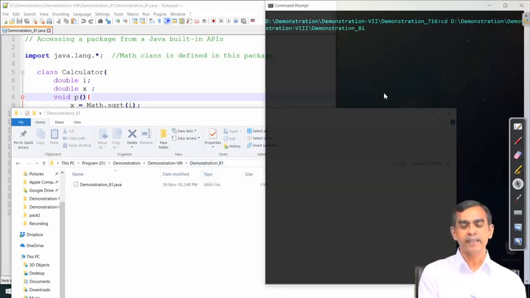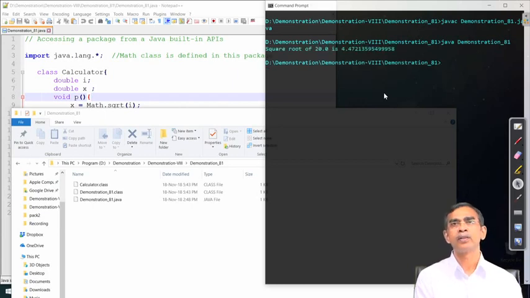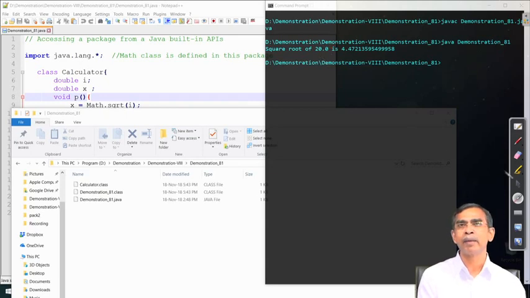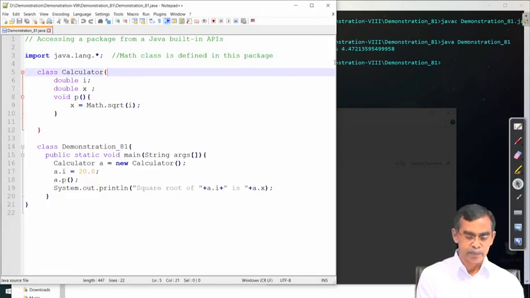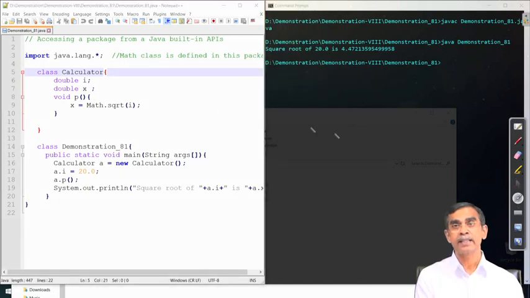So, this example shows a very simple case, so that any class can be accessed. Any method belonging to that class is also readily accessible in your program. So, this demonstration is there. 20.0 is the value that has been passed to Math.sqrt, giving the square root as 4.47. This is the result. So, this example shows how we can access a package. Like this, all packages and methods in any package can also be accessed.